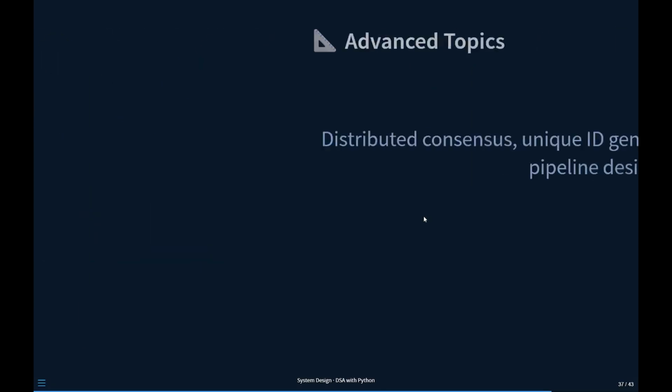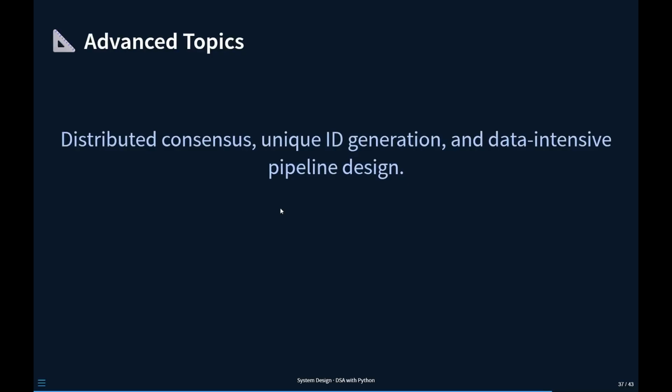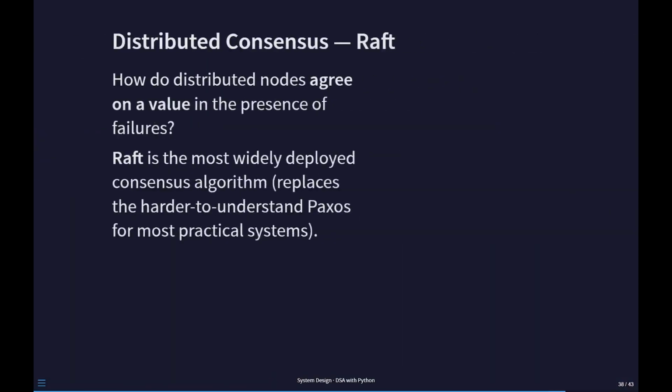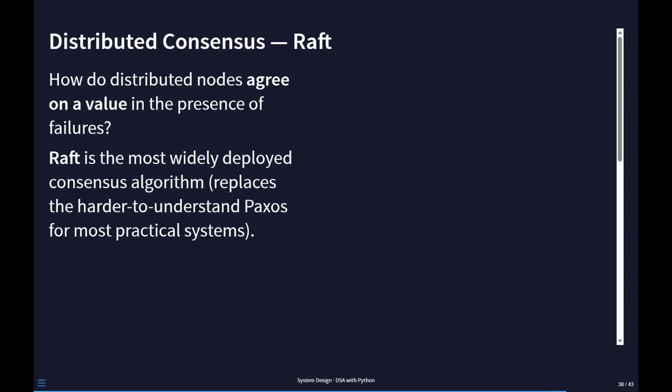Next, for our final section, we go deeper: distributed consensus, globally unique ID generation, large-scale data pipelines, and probabilistic data structures. One of the fundamental problems in distributed systems: how do multiple nodes agree on a single value when nodes can fail and the network can partition? This is the consensus problem. Without it, your distributed database can have 2 nodes that disagree about the current value of the same key,